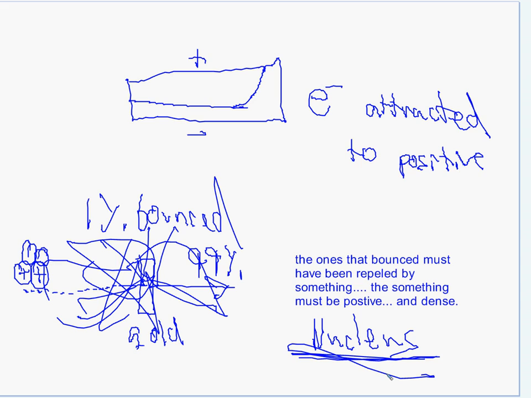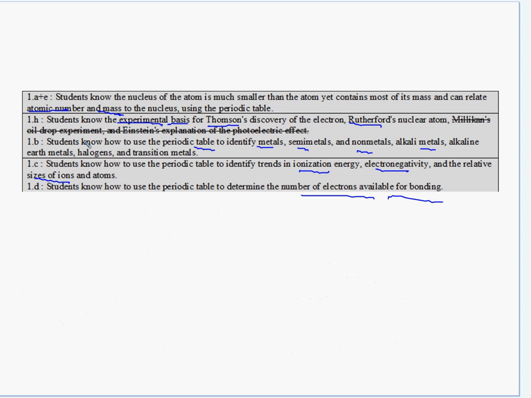All right. You can also look at Chadwick's if you need to review that. These ones are the most essential. What else? Okay, the different metals, semimetals, nonmetals, alkali metals. Okay, great. So if I sketch the periodic table,